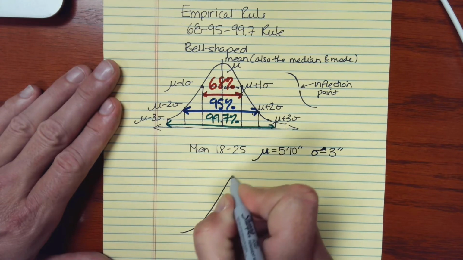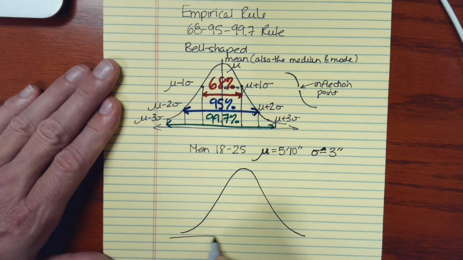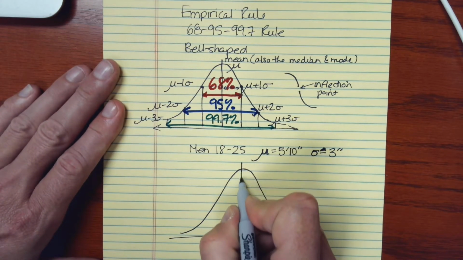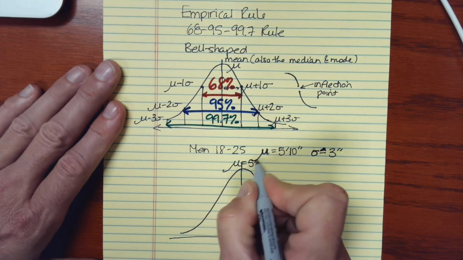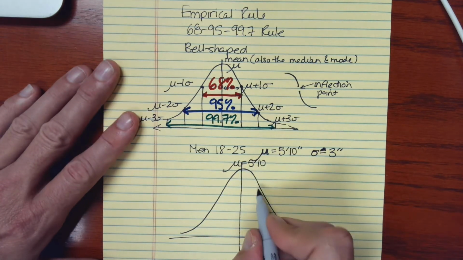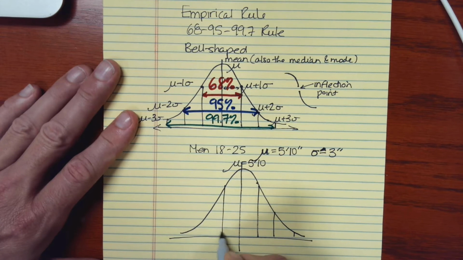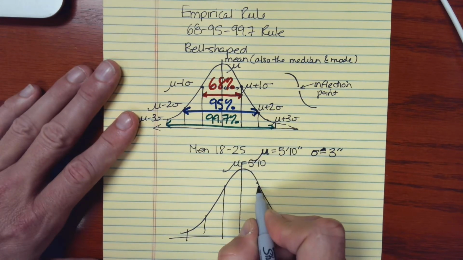So if I look at this distribution, I expect it to have this shape. And this mean is the value that's right in the middle. So here's where the mean is, 5 feet 10 inches. And if I look at one standard deviation from the mean, I'm just going to go ahead and draw some markers here and then I'll label them. So this would be the mean plus 3 inches,